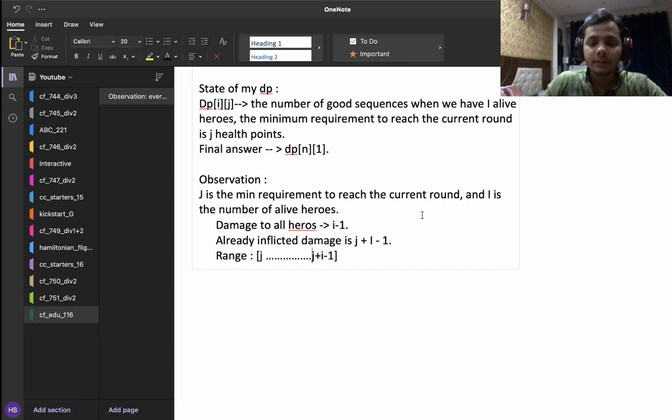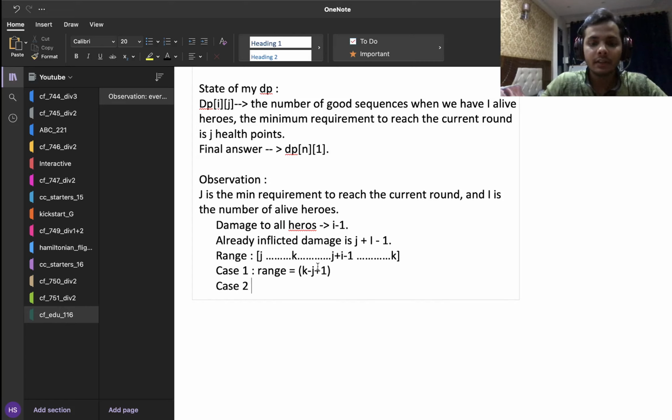So this is the range here, and the total number of elements can be calculated easily. But also there are two cases in this range. The first case is when k comes somewhere here, and the second case is when k comes somewhere here. So in case 1, the number of elements in my range is going to be from J to k, which is nothing but k minus J plus 1.